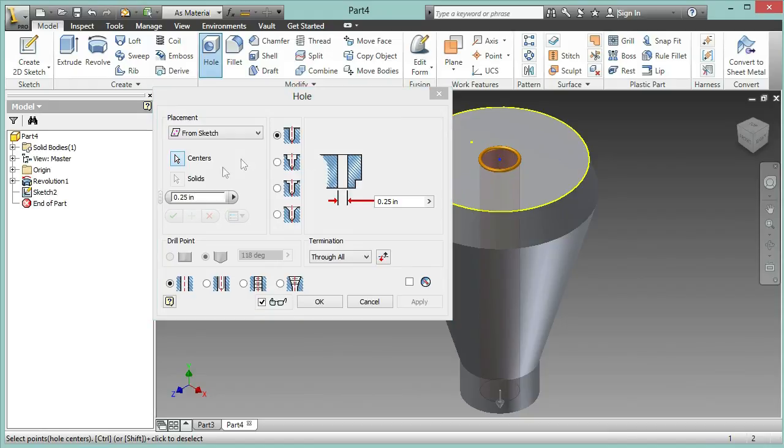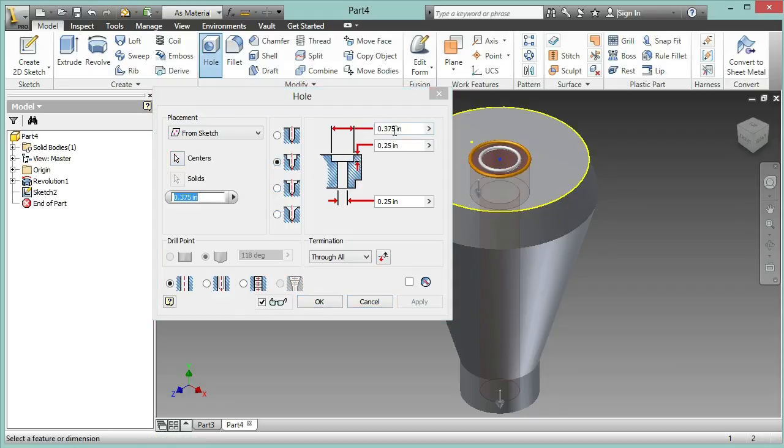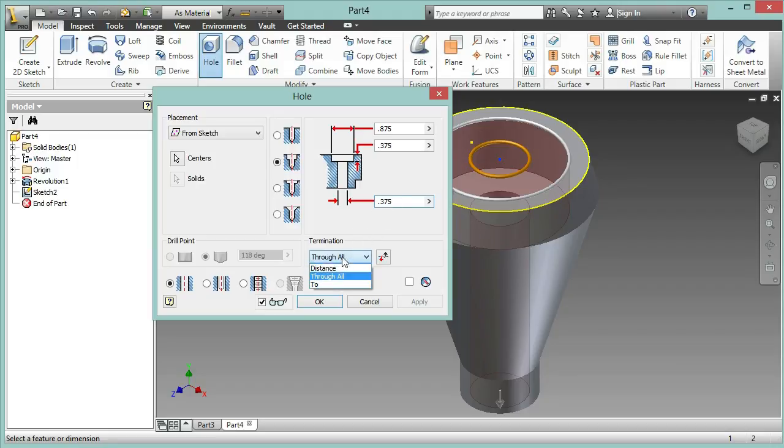Click the center point here, and this hole is a counterbore hole. For my counterbore diameter, I'll have it at 0.875. For the counterbore depth, I'll put it at 0.375, and I'll have a 0.375 diameter for the hole, and